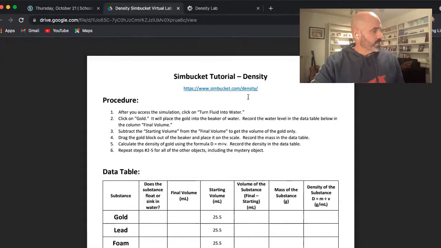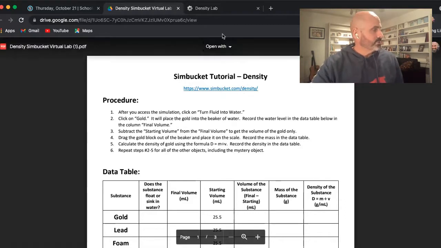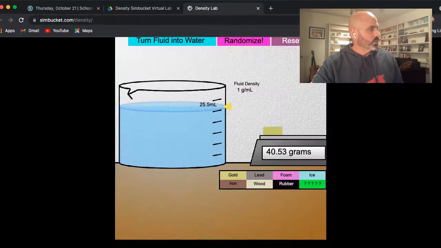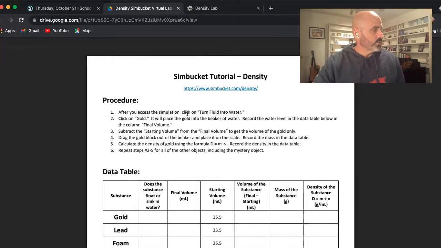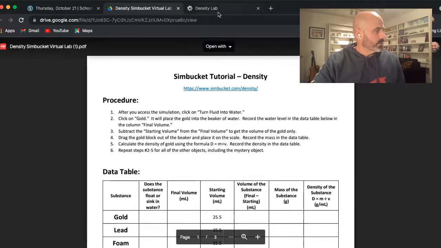And here is the link that you will click on to access the tutorial itself. The tutorial, when you open up the window, will look like this. We'll come back here in a second. Looking at the directions, it says the first thing we want to do is click on turn the fluid into water. So I'm going to come to the density lab tutorial and I will take you through those steps,